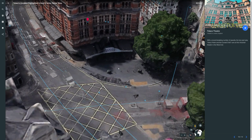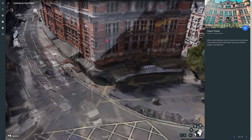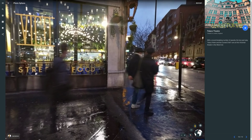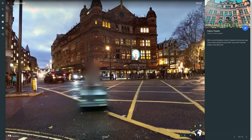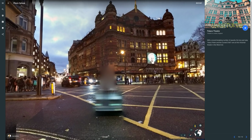Very hard to get tickets for this. Can we actually go inside? That's pretty cool if we can. No, we can't. Do you actually get to see the... there. It wasn't showing Harry Potter at the time they did this, so that's hilarious. So it is now just kind of showing Harry Potter,